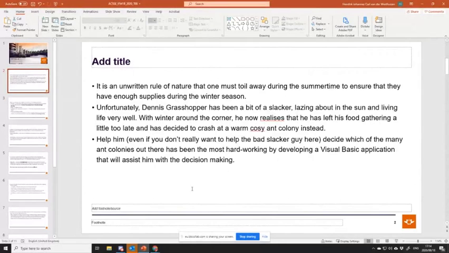All right. So it is an unwritten rule of nature that one must toil away during the summertime to ensure that they have enough supplies during the wintertime. Unfortunately, Dennis Grasshopper has been a bit of a slacker, lazying about in the sun, living life very well. With winter around the corner, he now realizes that he has left his food carrying a little too late and has decided to crash at a warm, cozy ant colony